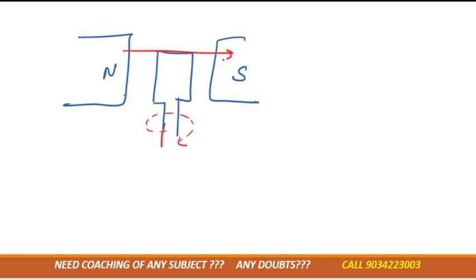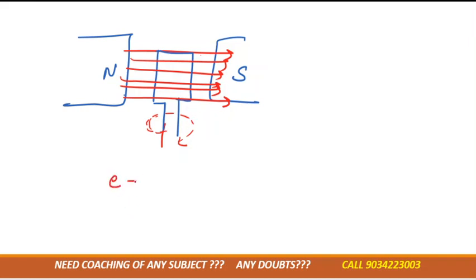If we rotate the coil, then will it cut the magnetic field lines or not? Tell me. If by your hand you are rotating this coil, will it cut the magnetic field lines or not? These are the magnetic field lines. It will cut. So according to Faraday's law of electromagnetic induction, he says that dE is equal to minus N d phi by dt,